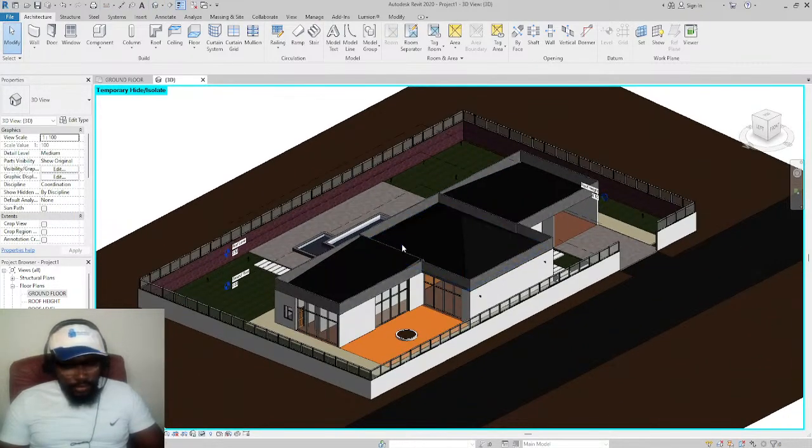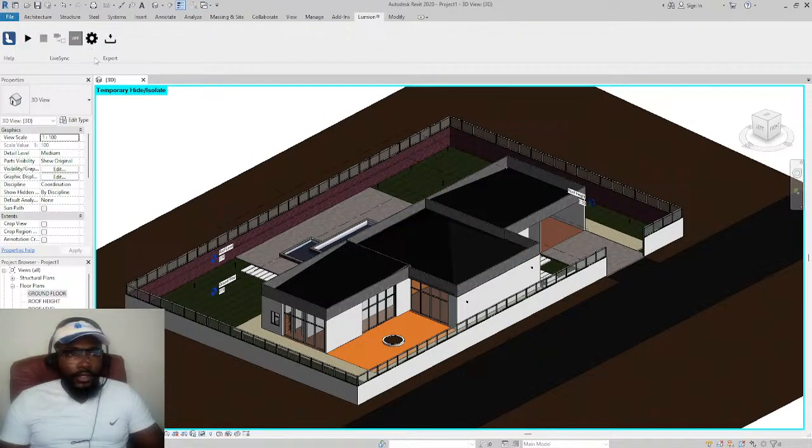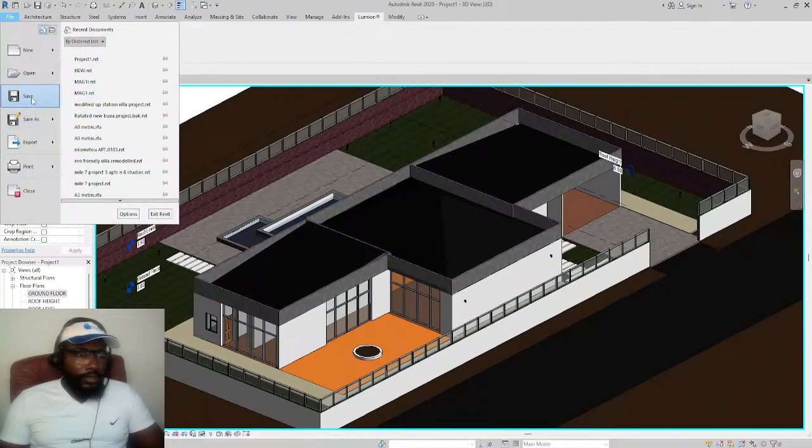Now let's move into our work of today. So this is the plan that we have already designed in Revit, and now we're going to move it to Lumion. We already have the Lumion plugin installed. Of course, you need a plugin in order to move from Revit to Lumion, or you can export this